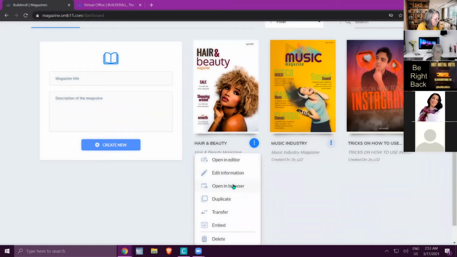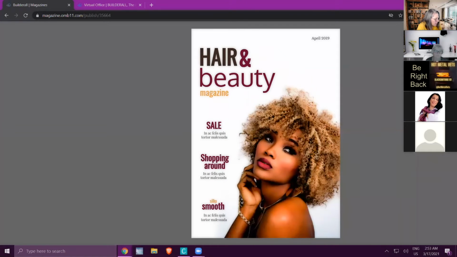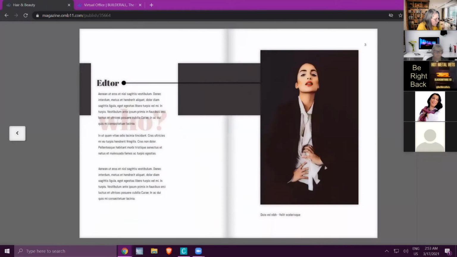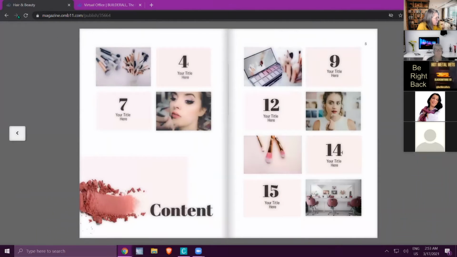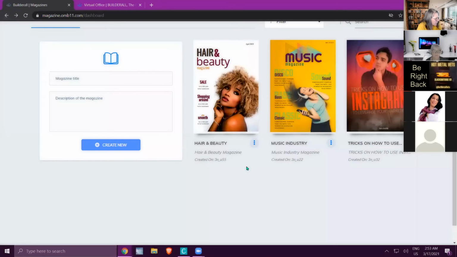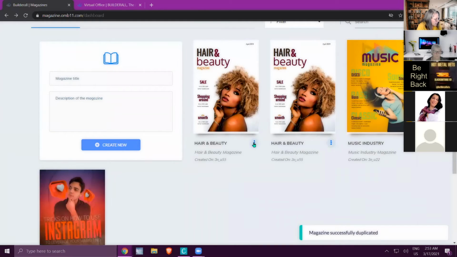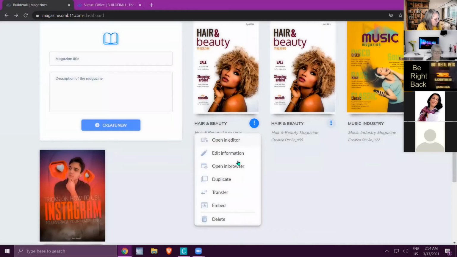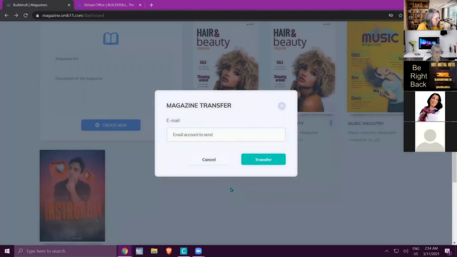Then we've got open in browser, and that is to see what the magazine looks like when it's live. All right. And then I'm just going to go back. And then the 3 dots again for duplicate, if you want to duplicate the same type of magazine. All right. Transfer only happens, guys, if you want to transfer a magazine that you've created, you can only transfer